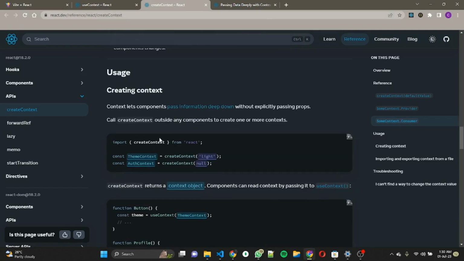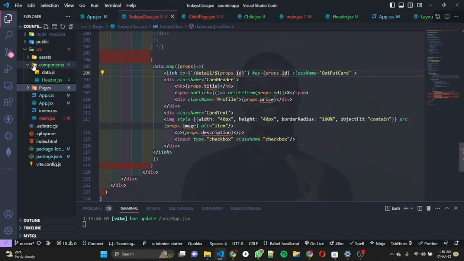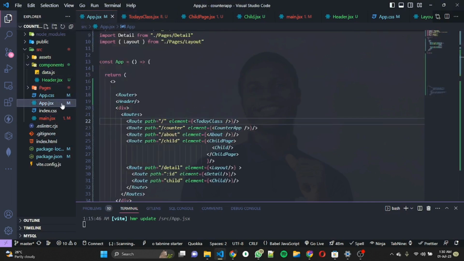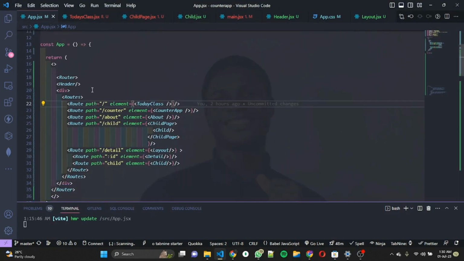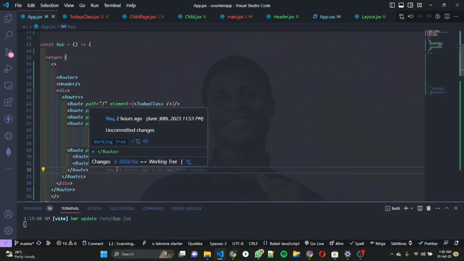First things first, I'm going to create a file inside my application. So this is my application tree. Let's see what is inside first of all. I've already been using React Router DOM to do the routing. This is the child page, which I used to explain how we can create components that take in children using the children prop, and then you have a layout page for the new way to